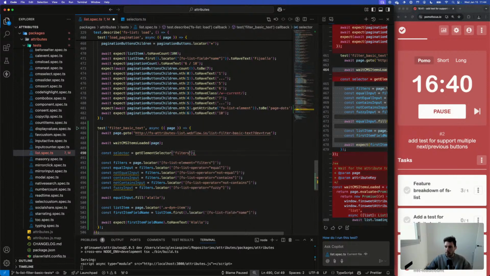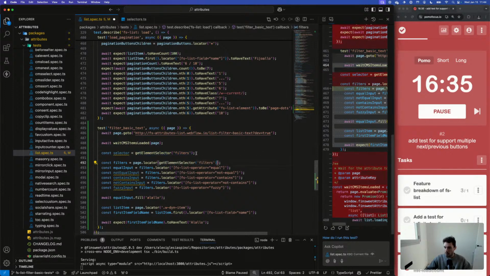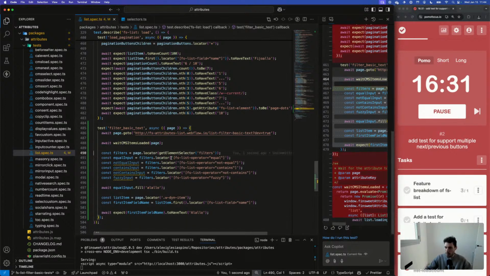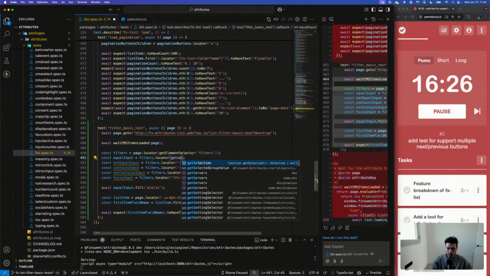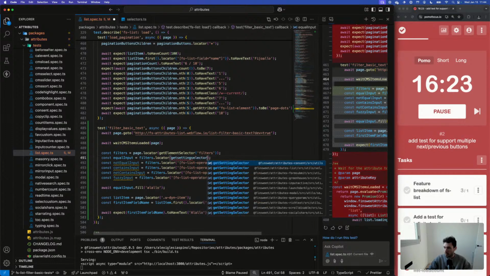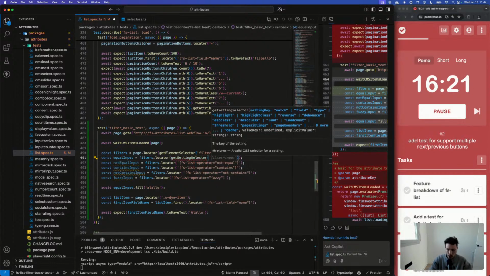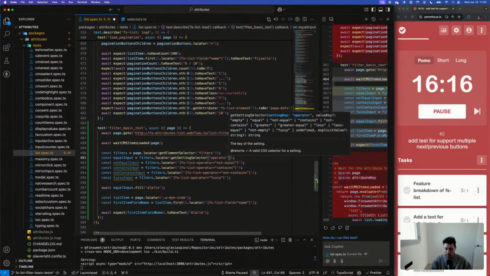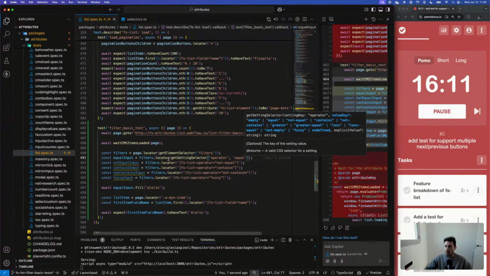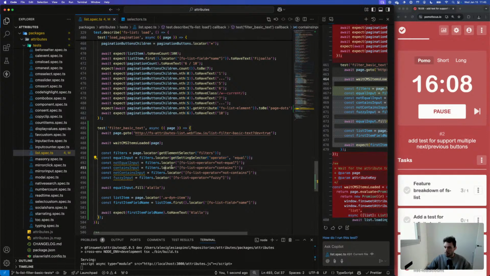Filters. Let's see if this works better. And then we can do the same thing for this: settings selector, and that would be operator, and it would be equal. Yeah, much better than hard coding stuff. Great.